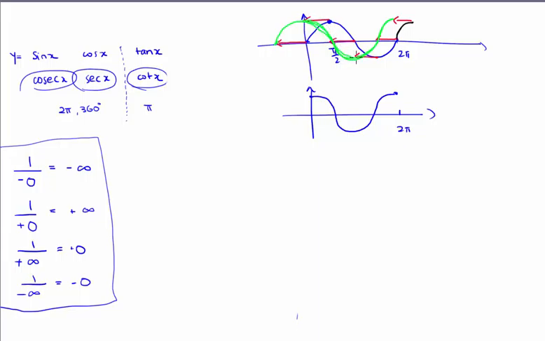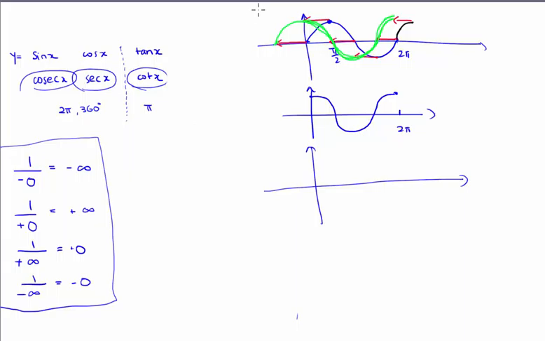But doesn't this part look like the cosine function? So therefore, we saw from the previous case that the